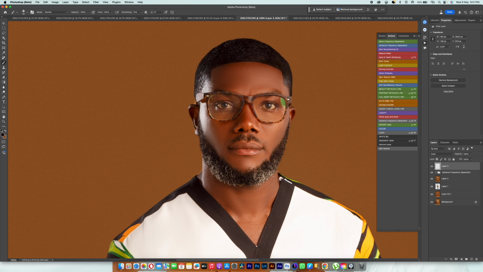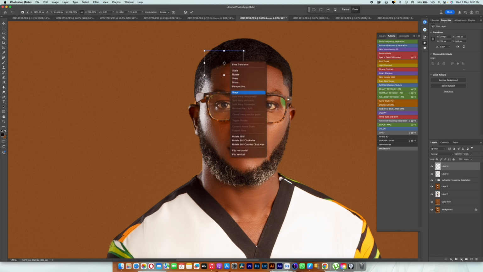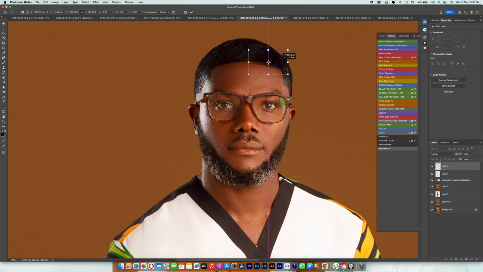So apart from that, let's see if we can just come to this and cut away this part. Ctrl J, take it up, invert it, and put it here. Yeah. Then